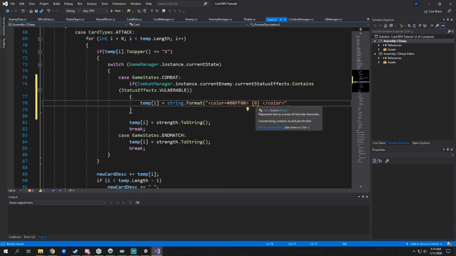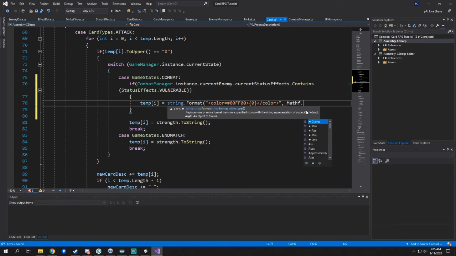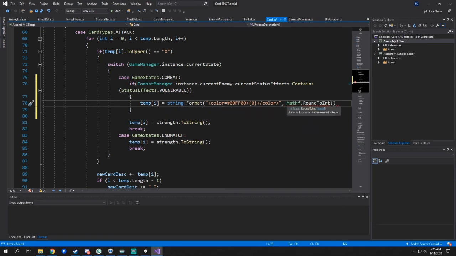But we're going to get rid of these spaces here. There we go. And we're going to put a comma after. And after the comma, we're going to put what we want to show in that spot. And that spot is going to be Mathf.RoundToInt, two parentheses,